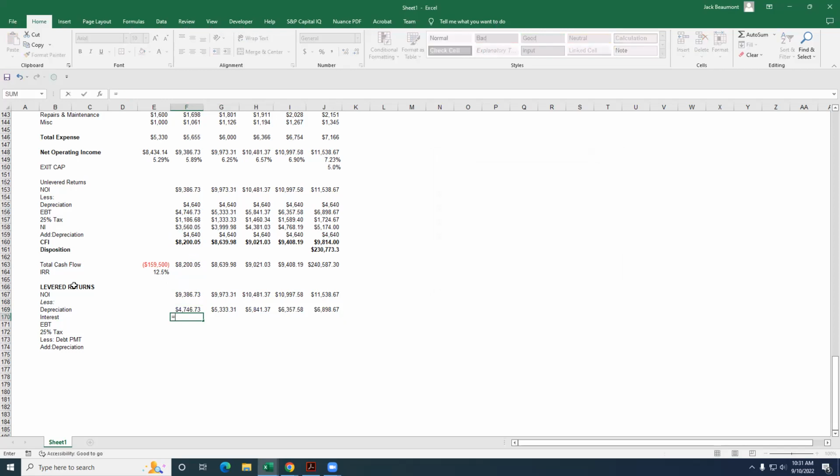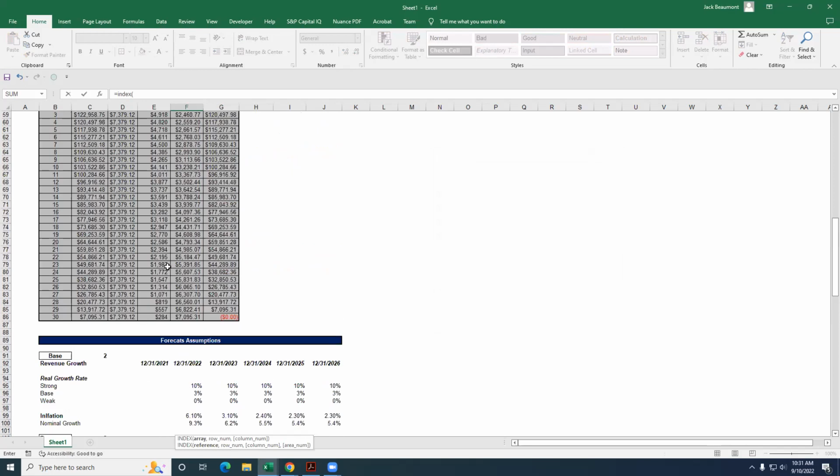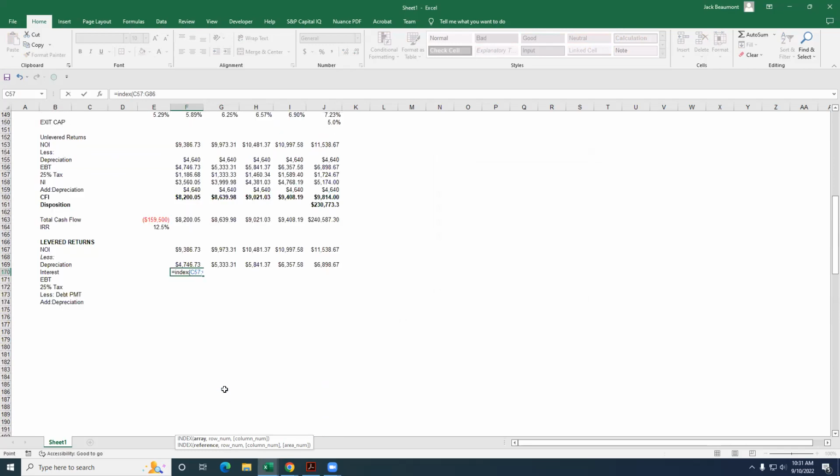Okay, interest, we're going to do INDEX. I'm going to go up here. This is our index, this is where we want to get information from. We're going to match it with,